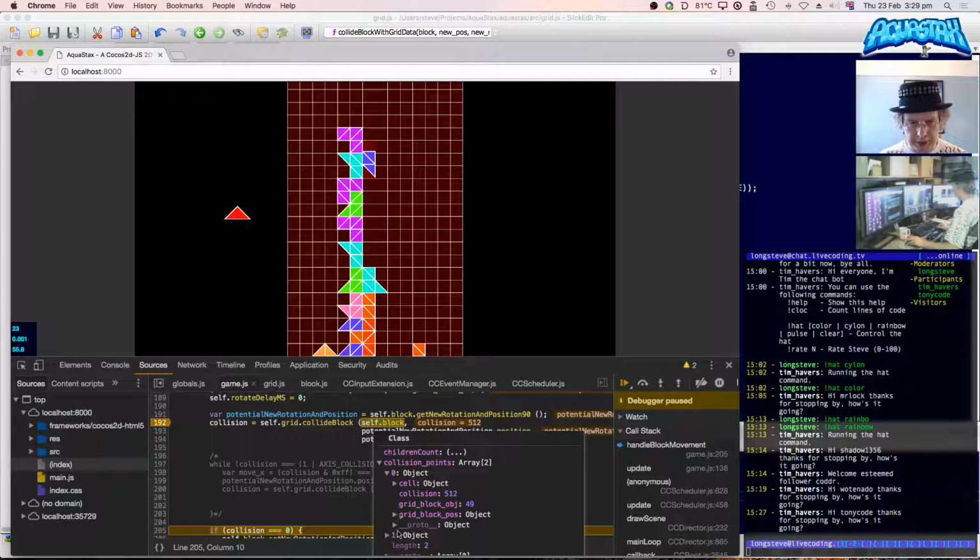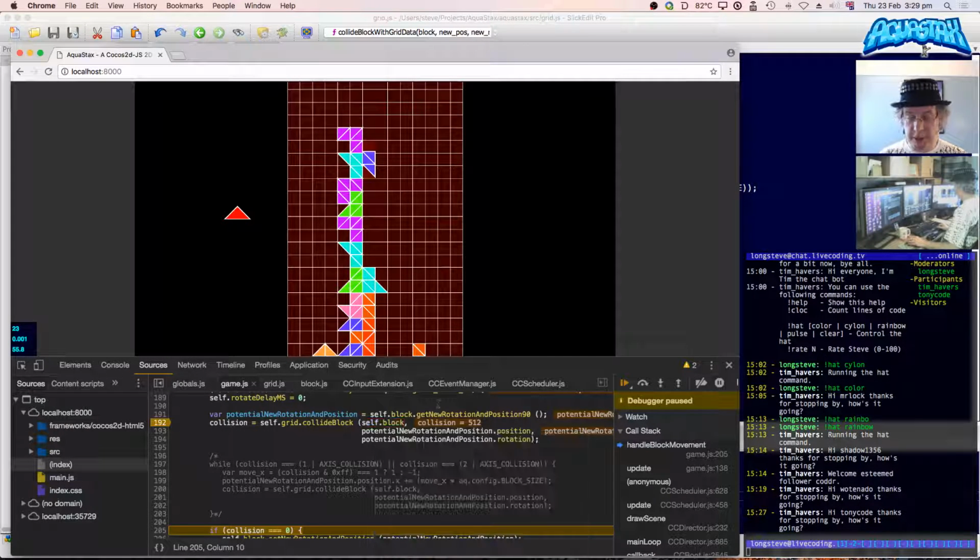So that's interesting. And then there's another one. So it's possible that I could use the grid block pos and the cell position within the falling block to determine whether or not the collision was on the left or right side. And then I can shift it one or the other. And then also, if it's on both sides, obviously I can't shift it, so we can do that as well. That might be a simpler set of tests than this potentially infinite while loop.